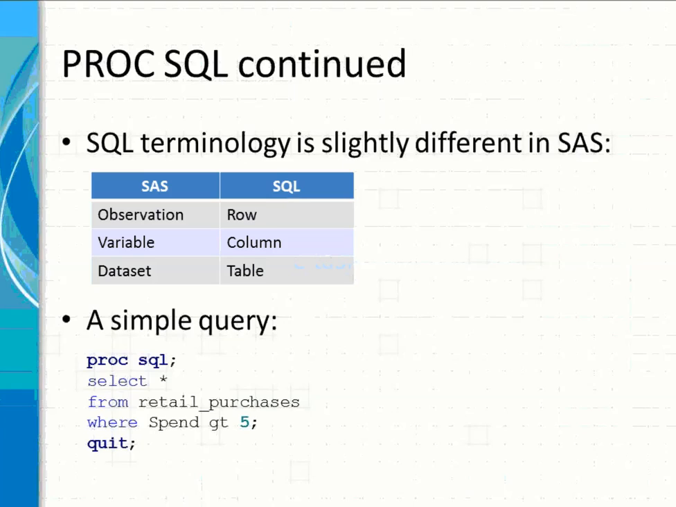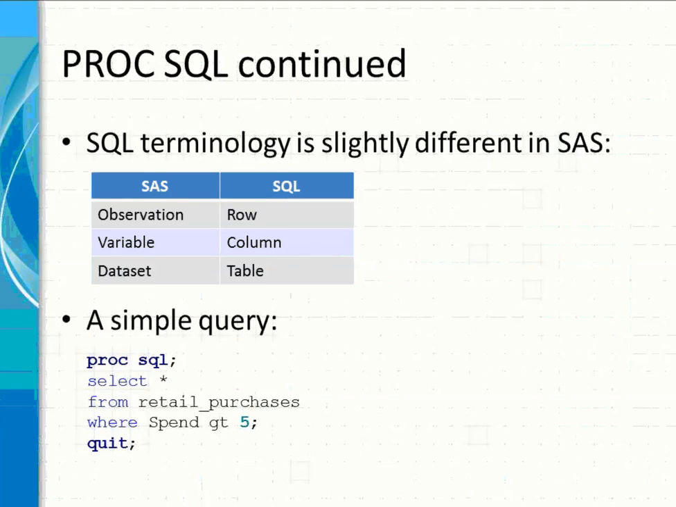In SQL you have rows, columns, and tables. In SAS you have observations, variables, and data sets. This again stems from the statistical nature of SAS. In a very simple query example like the one you've got there, you start off with PROC SQL, and then the select asterisk tells it to select all of the variables from the retail_purchases data set where spend is